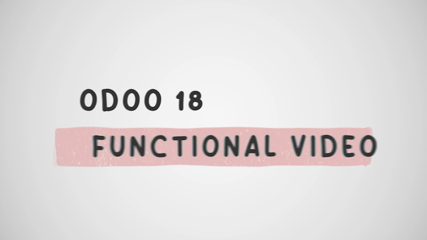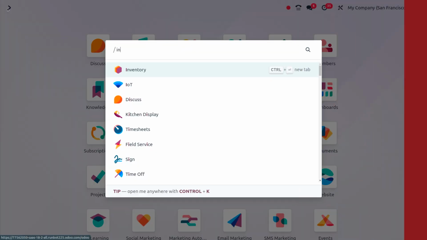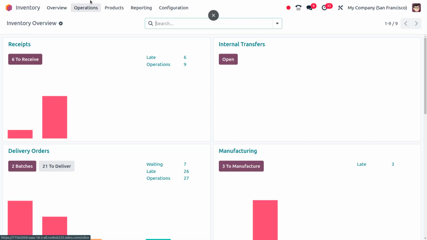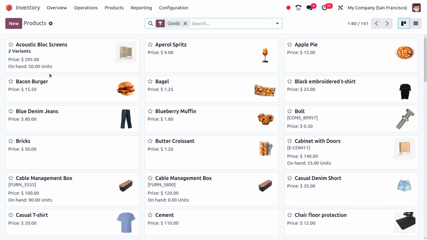In today's video, we're going to discuss the updates of on-hand quantity. Let's dive into the inventory module. From here, we can just choose a product. As you choose a product, here you can see that for the requested block screen, right now the